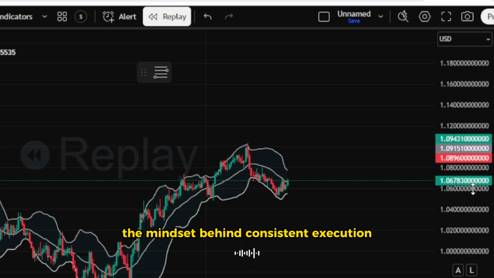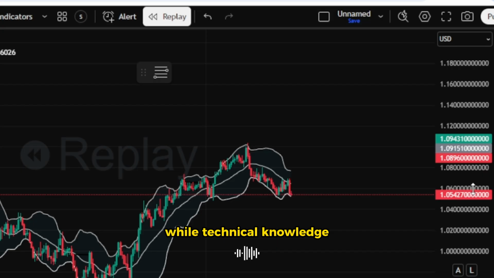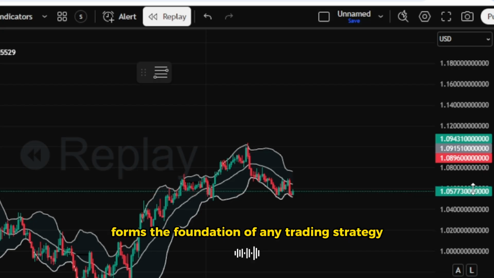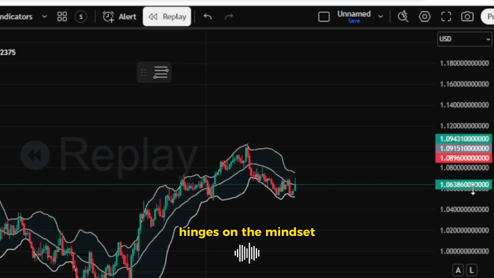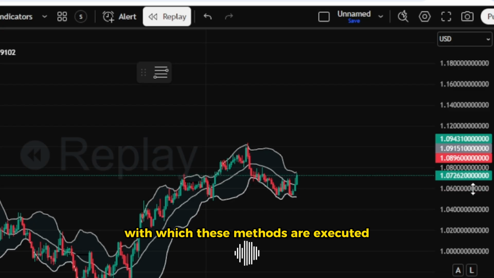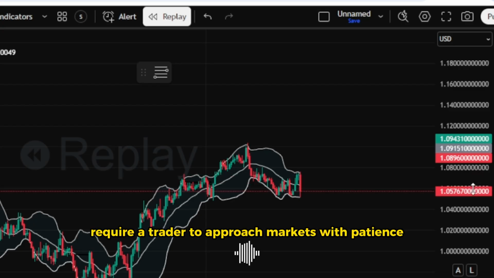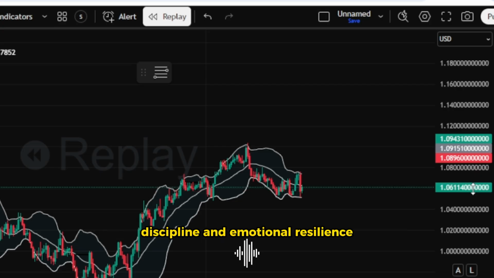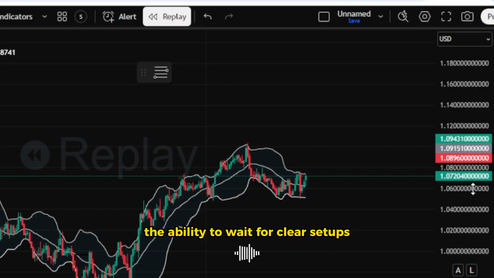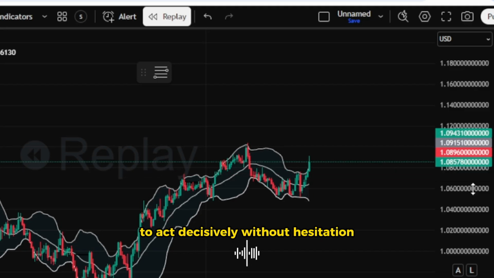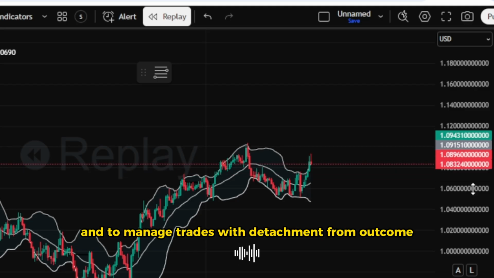The mindset behind consistent execution. While technical knowledge forms the foundation of any trading strategy, success ultimately hinges on the mindset with which these methods are executed. Bollinger Bands, like any tool, require a trader to approach markets with patience, discipline, and emotional resilience. The ability to wait for clear setups, to act decisively without hesitation, and to manage trades with detachment from outcome